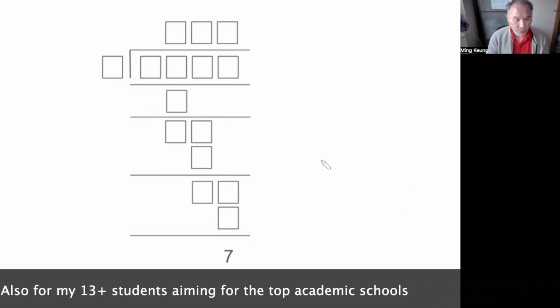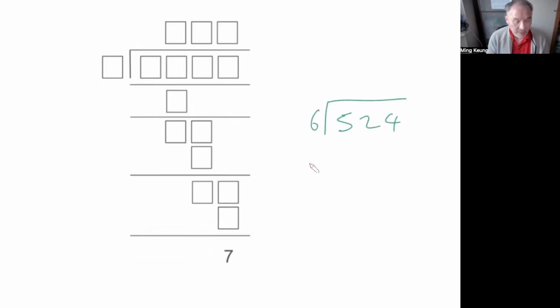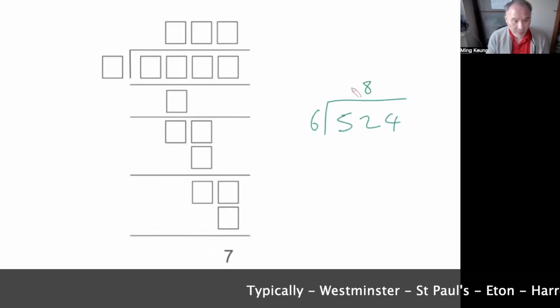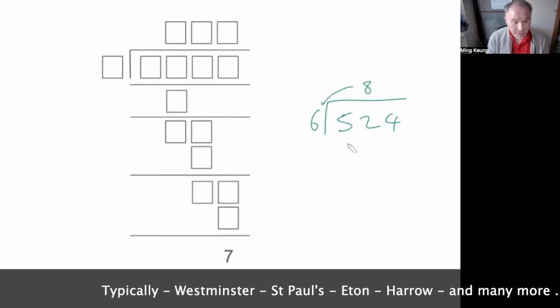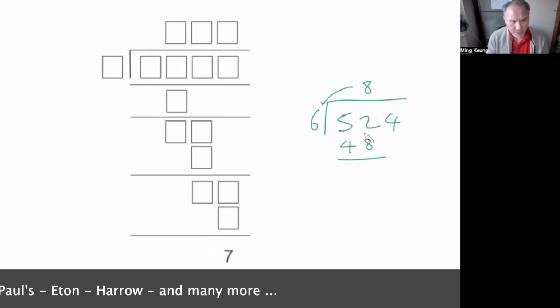So I'm just going to run through a long division problem. Let's say 524 divided by 6. How many 6s go into 5? Well, I can't do that. Well, how many 6s go into 52? Well, it goes in 8 times. And then 8 times 6 gives us 48. And then we do a subtraction. And then that gives us